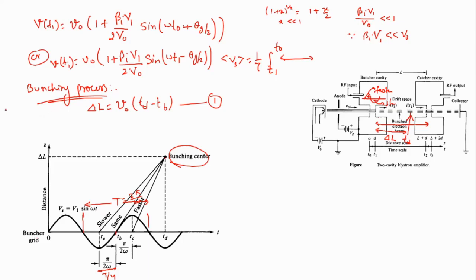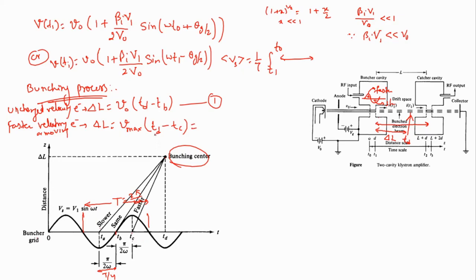Now for the faster electron, we write here unchanged. If we take the faster moving electron, the delta L for this will use the velocity which is maximum because it is faster. And what should be the time taken by this? The faster electron moves from the TC point, so that will be TD minus TC. The time taken by this carrier will be TD minus TC.